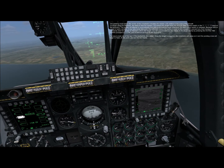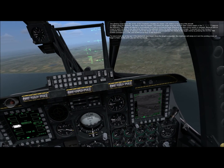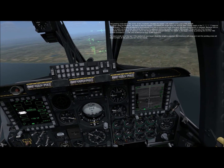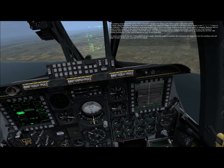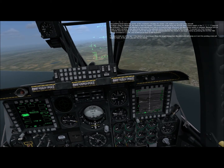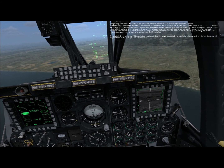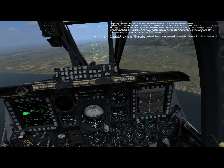To target using the Maverick, we need to slew the seeker LOS toward the target using the HOTAS slew control switch or the semicolon, comma, period, and / keys on the keyboard. The seeker will attempt to automatically lock onto a contrasting target whenever the slew control switch is released. Because lock-on range is highly variable, it may take some time and a few attempts before the seeker is able